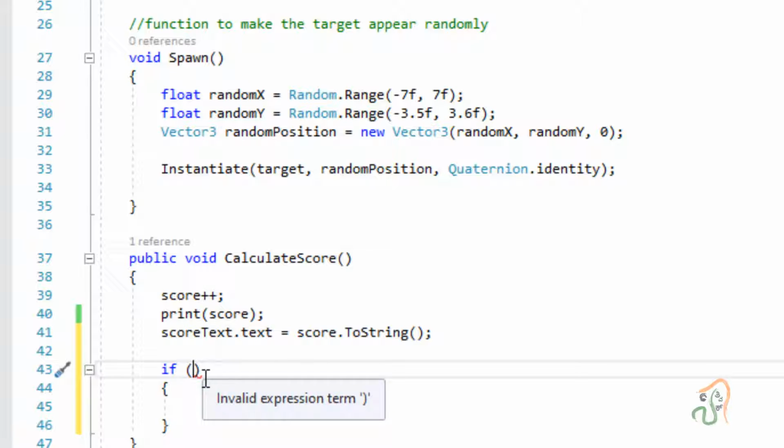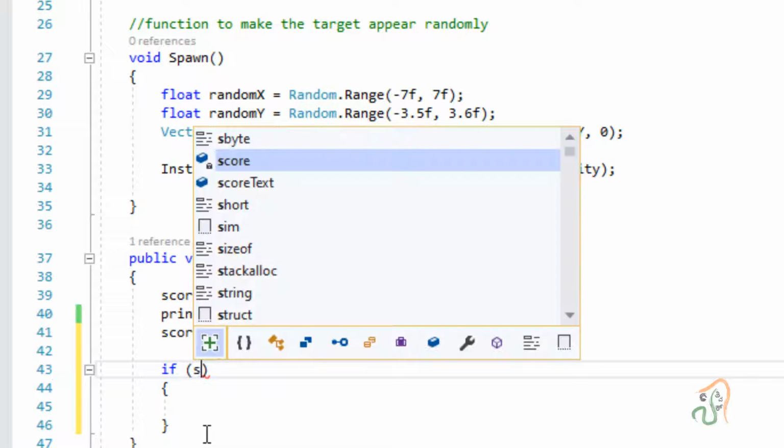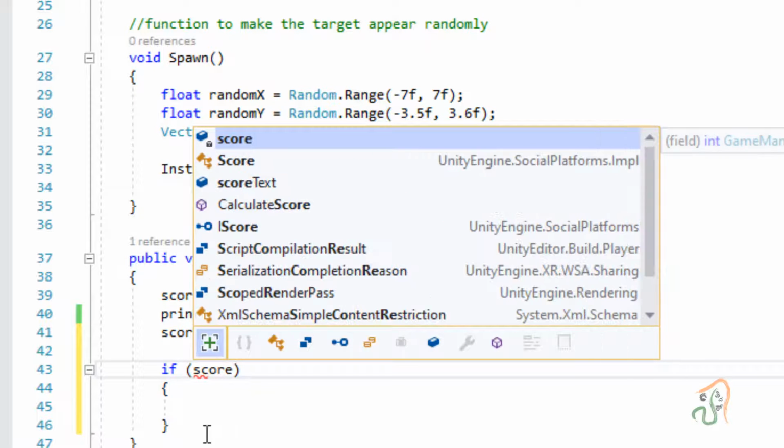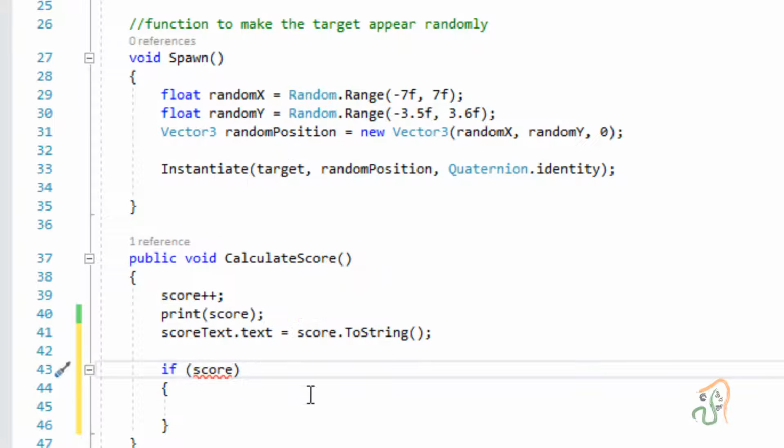And now here we are going to type the condition. The condition that we are going to use is, we have the variable score, and this score should be greater than or equal to 20.